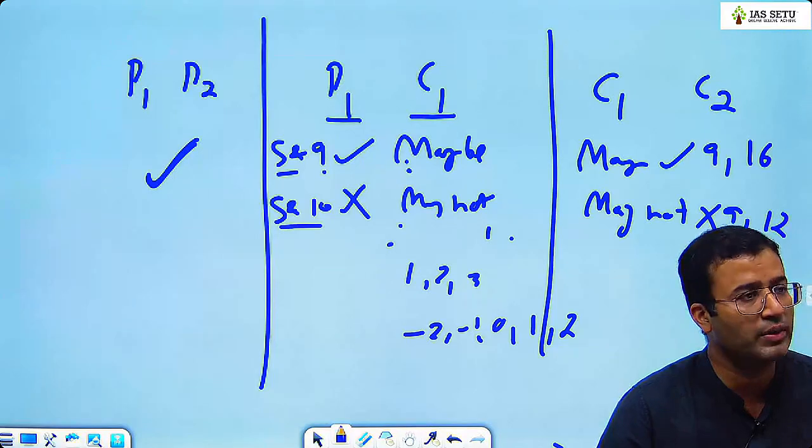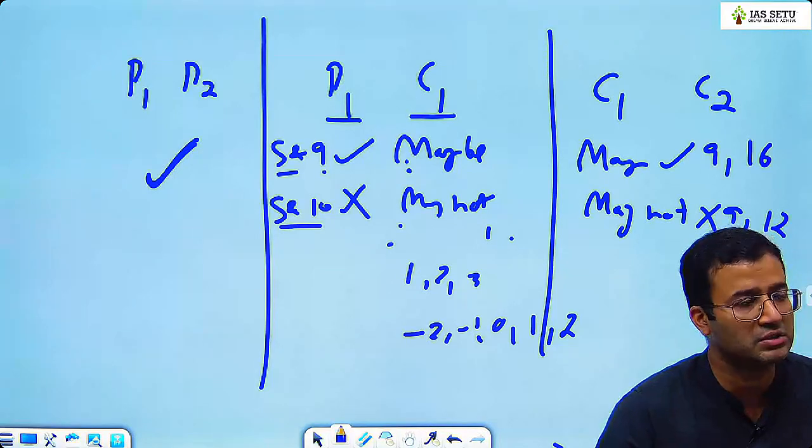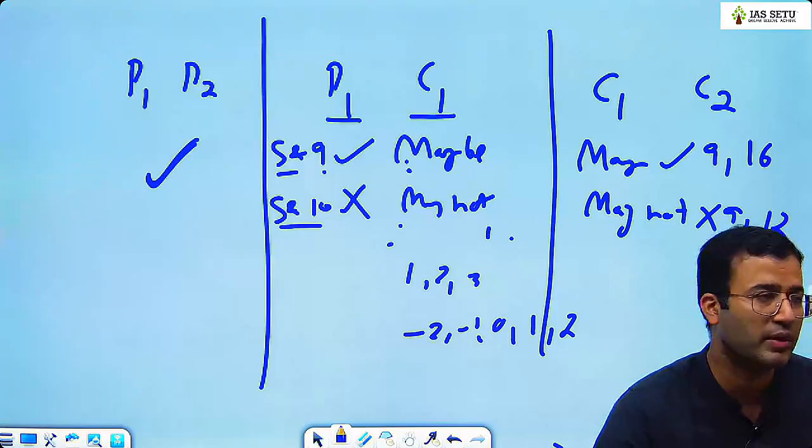नेचुरल के अंडर ही तो प्राइम है। Negative integers are never considered as prime, नेगेटिव कभी भी प्राइम नहीं होते हैं।